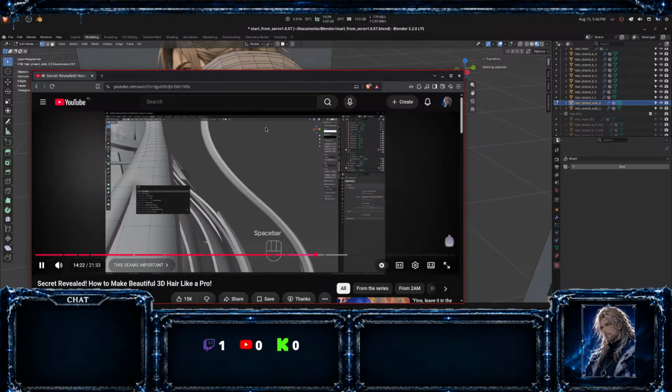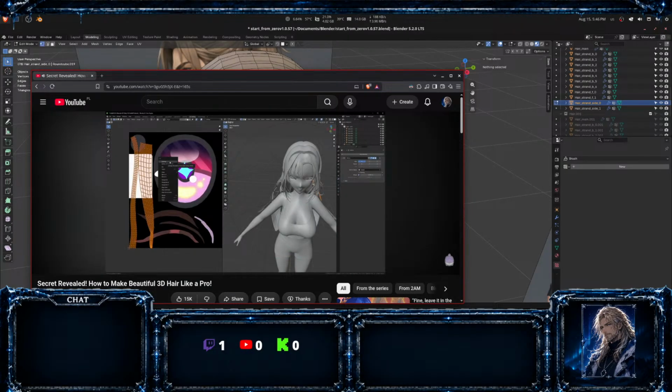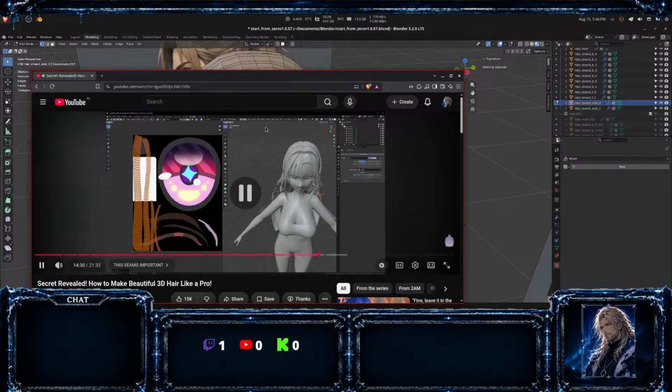Select these edges, and mark seam. And you're good to go. As a final check, you can do a quick unwrap to make sure all of the islands are separate and you don't have any weird